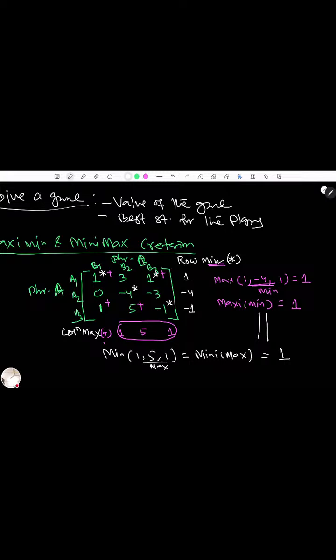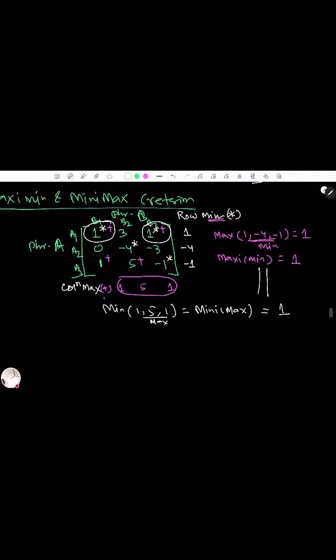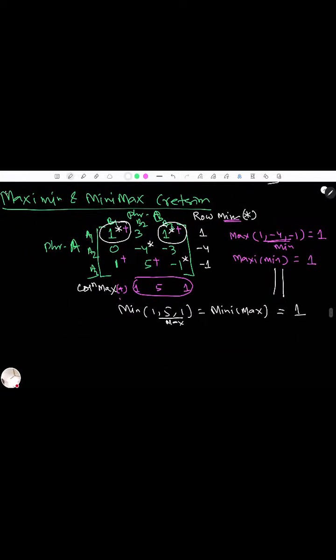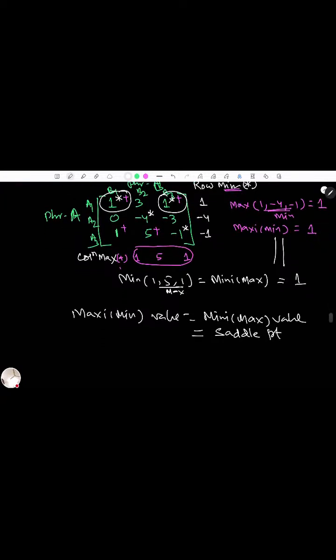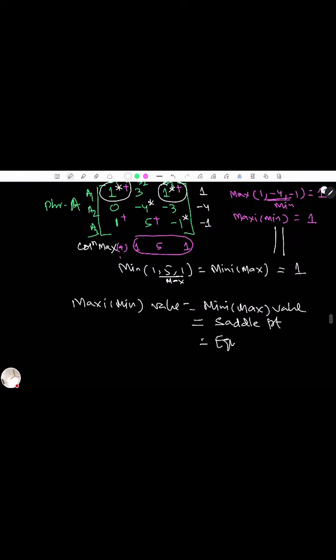Now you see the point where both star and plus are being marked is your maximin and minimax value. So what is the maximin-minimax criterion? This criterion says if the maximin value is equal to the minimax value, then it is the saddle point, which is equal to the equilibrium point,